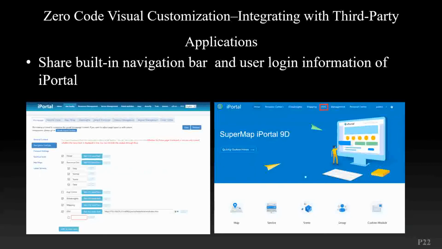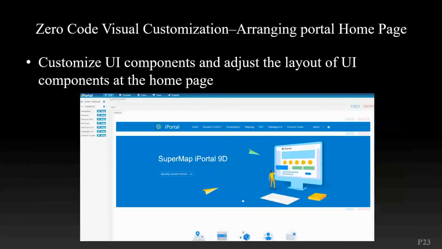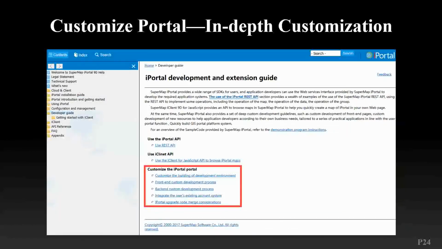On the right side, this is the interface of iPortal, and we can easily modify every feature of it without any coding. And also for in-depth customization or extension development, iPortal is similar to iServer,